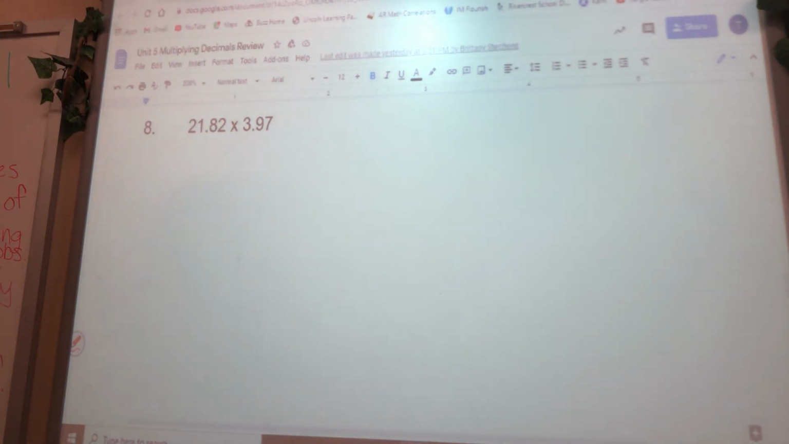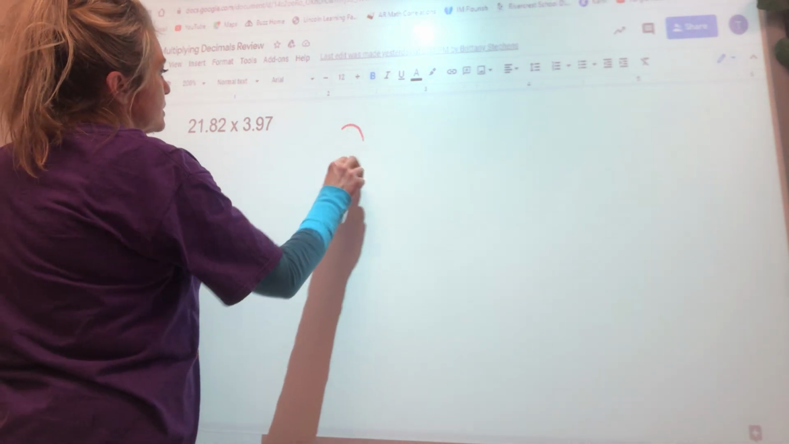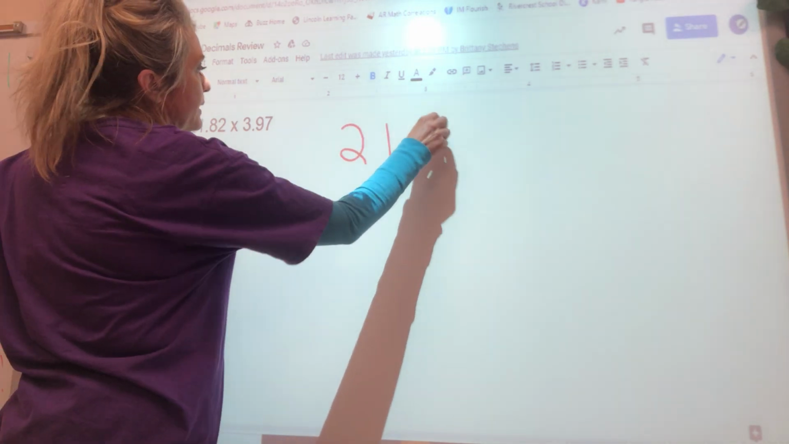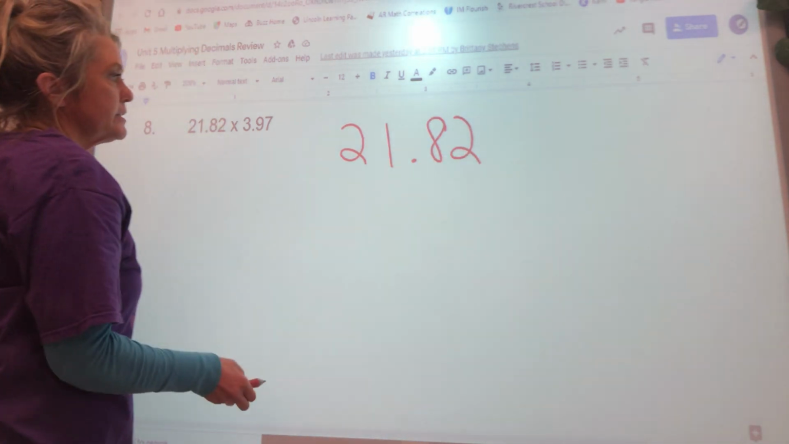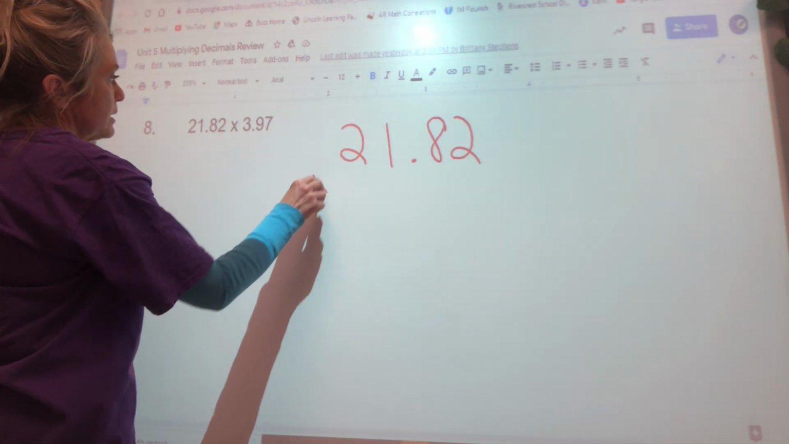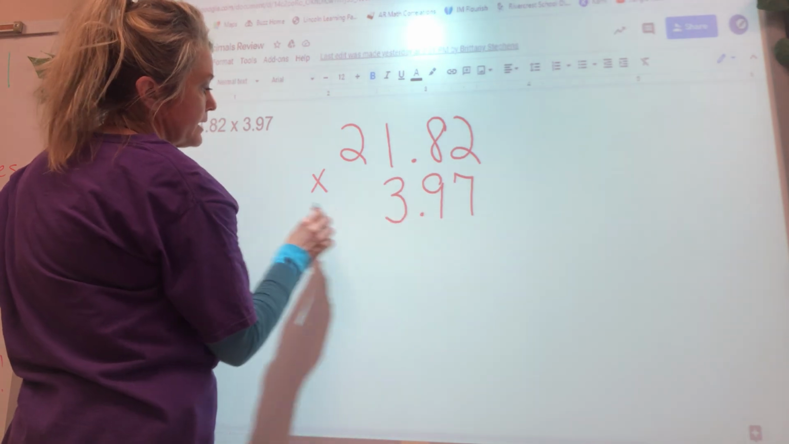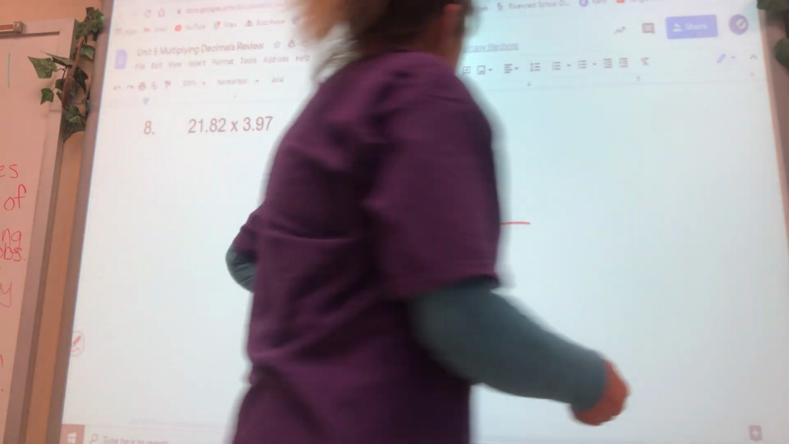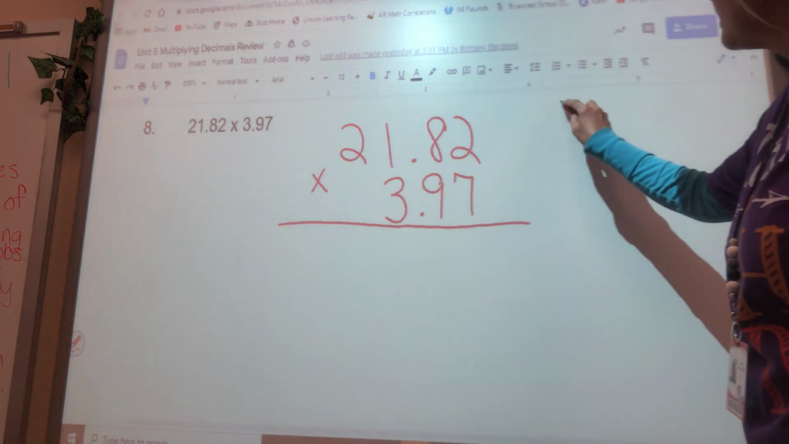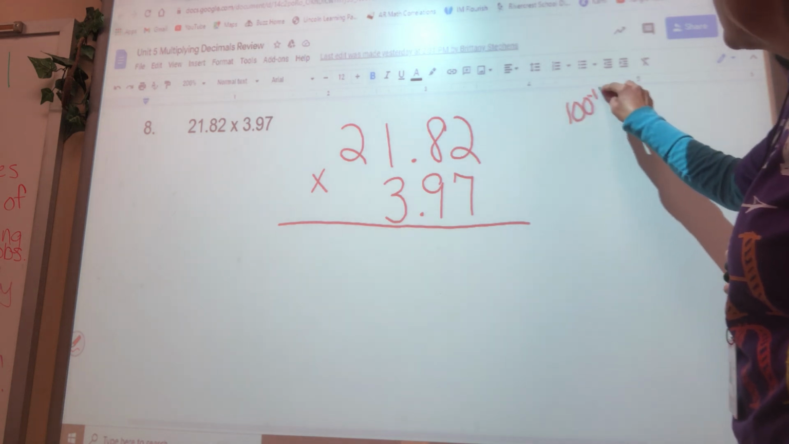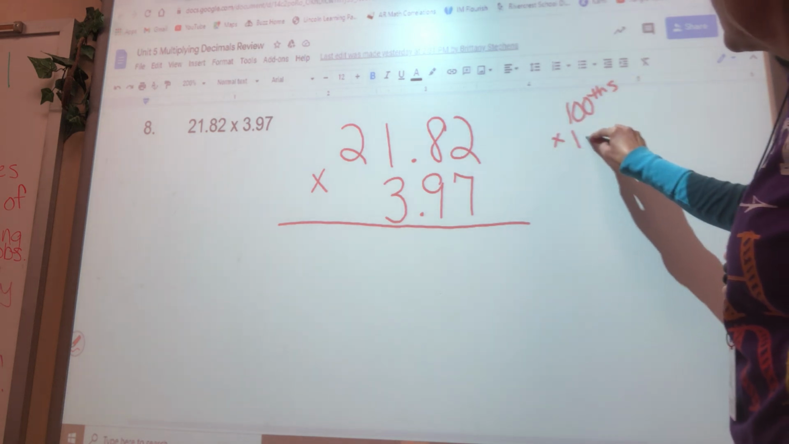This one has the most digits, so it will go on top. 21 and 82 hundredths, times 3 and 97 hundredths. So before we get started, if we were multiplying hundredths times hundredths,